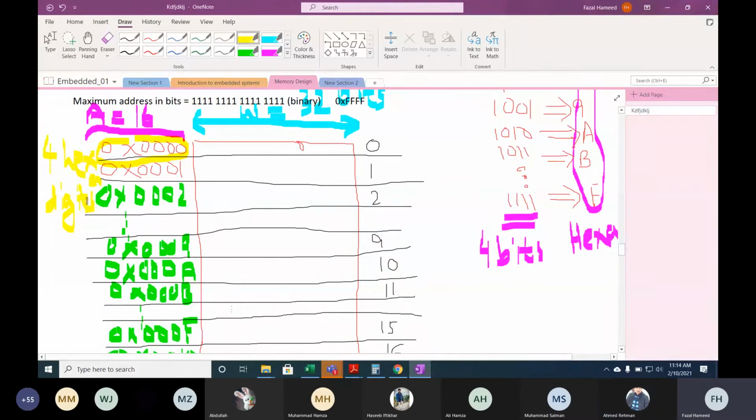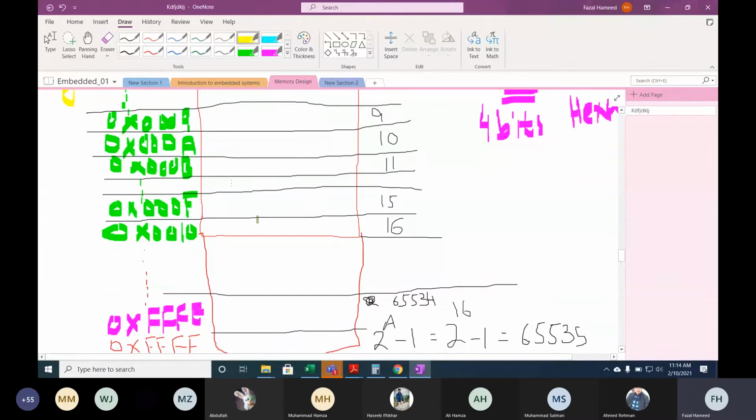Now if you look at a particular location, there will be some value stored. So if we say 0x, what does 0x mean? Hexadecimal. It is a hexadecimal digit representation. So if the value is 0, 1, 3, A, 1, 1, 3, 2, this is 8 hexadecimal digits. It means that the address 0xFFF